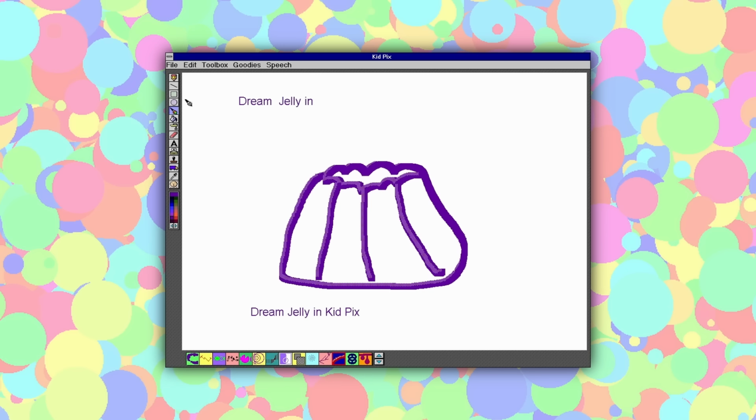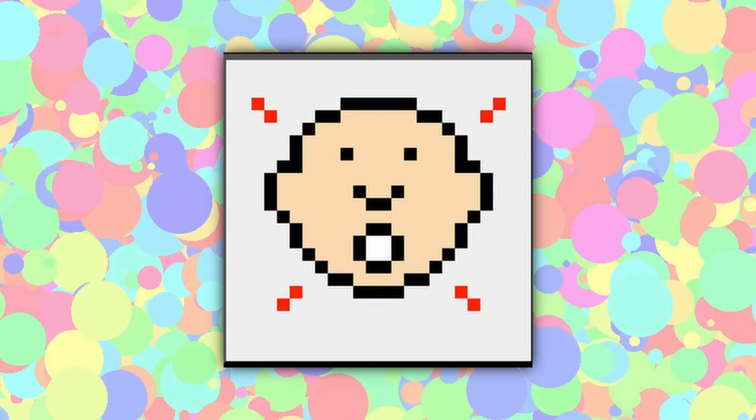And of course, who could forget the various undo sound effects that played whenever you clicked on this little guy's face? Oh no! Uh-oh. Phew! Oops! Yikes! Oops. As much as there were fun sounds though, there were also plenty of choices in KidPix that